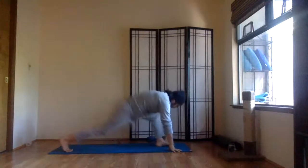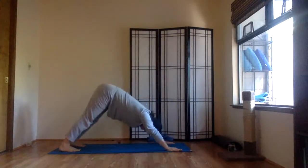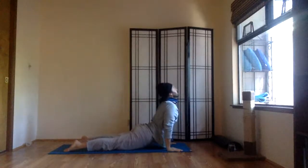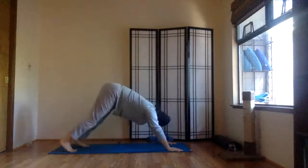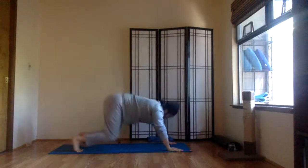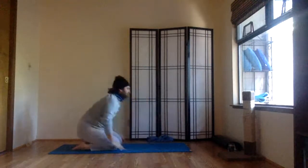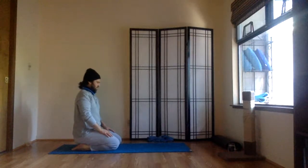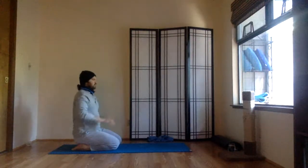Exhale. Downward dog. And taking up dog. Down dog. Transition to a comfortable seat. And if you can't sit on the heels comfortably, sit with the legs in front perhaps,